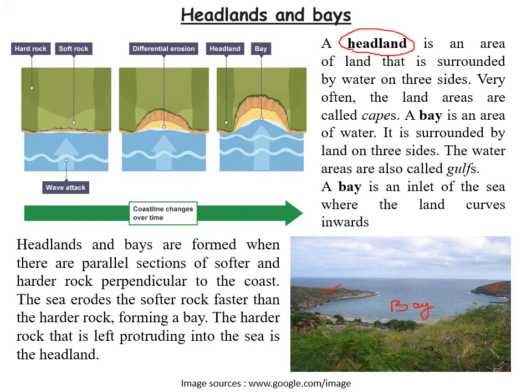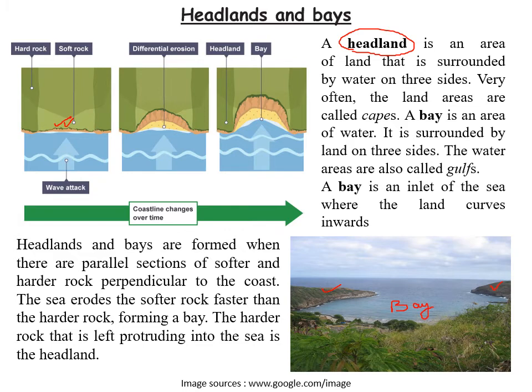So the middle portion, the light green portion, is the soft rock, so definitely erosional activity is more prominent in this condition. This portion is more scoured, this portion will be more eroded, and it forms these kinds of inundation, these kinds of curvature within the landmass, through which the sea is more encroached towards the landmass. And ultimately, this portion is occupied by sea, which is surrounded on all three sides